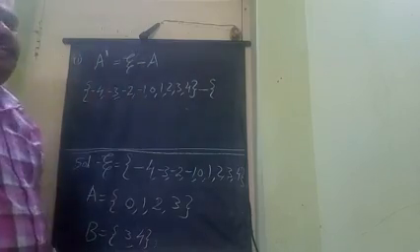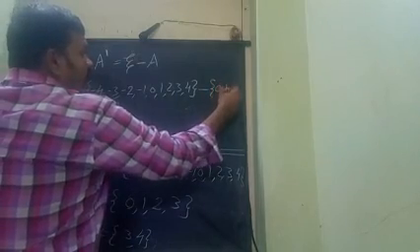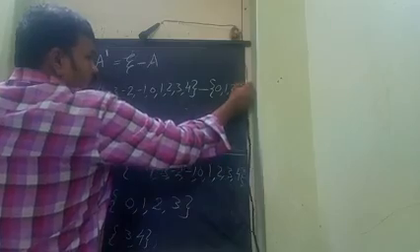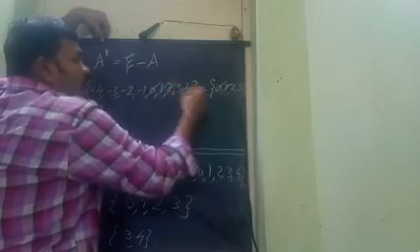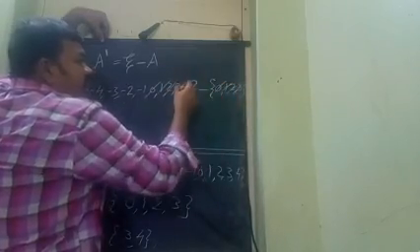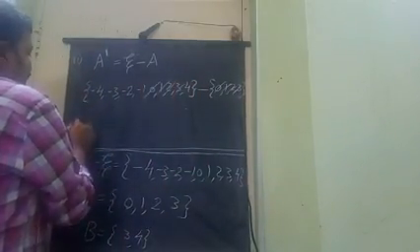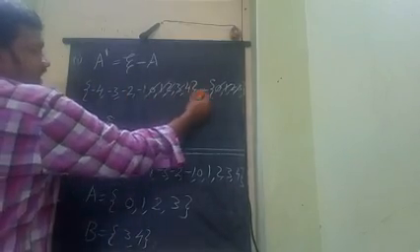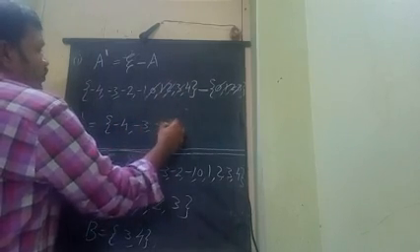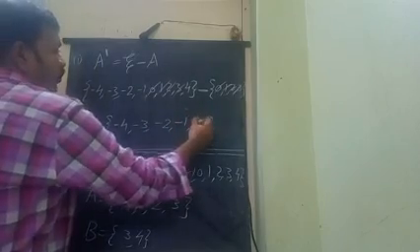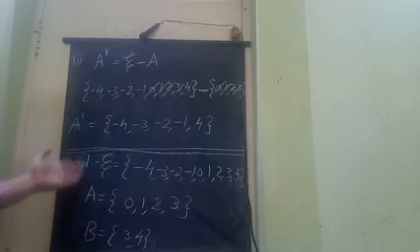What are the elements of A? They have given the whole numbers below 4: 0, 1, 2, 3. Don't take that 4. So we strike off the common ones: 0, 1, 2, 3. That's enough. 4 is not there, so don't strike it off. Now A complement is what remains in the first set. Difference means what remains in the first set: -4, -3, -2, -1, and the last one is 4. This is A complement.